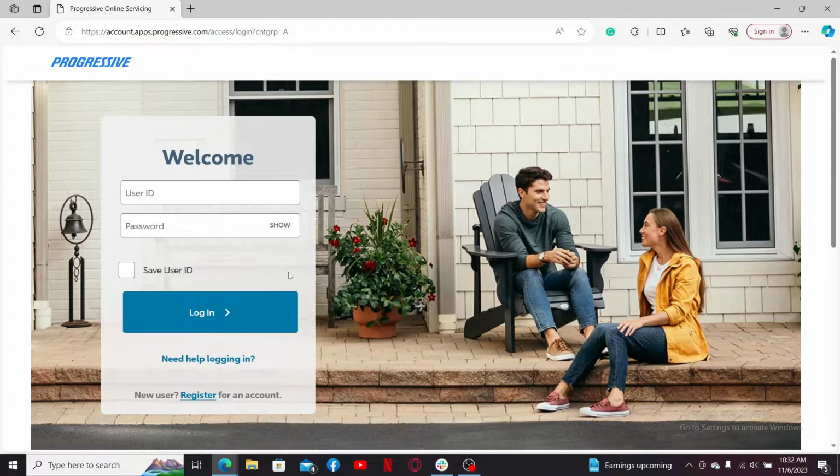To log into your account, you first need to type in your user ID followed by your account's password. Start off by typing in your user ID in the first text box and make sure to type it in correct. On the next field, it'll ask you to enter your password. Type in your password associated with your Progressive insurance account, and after you are done, you can go ahead and